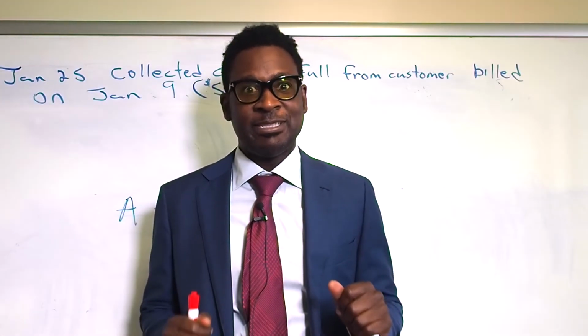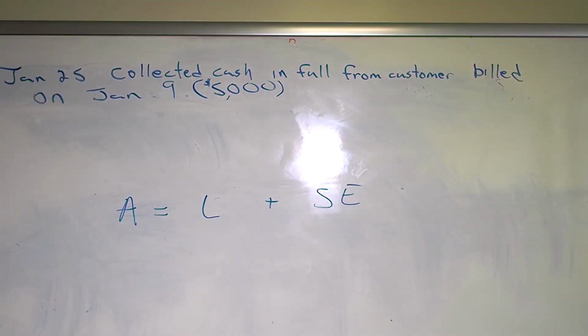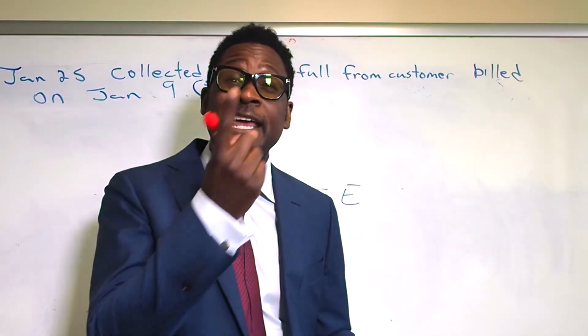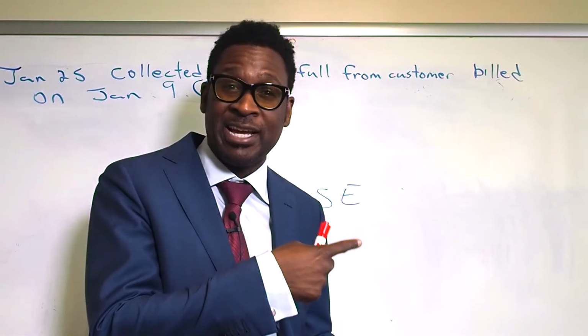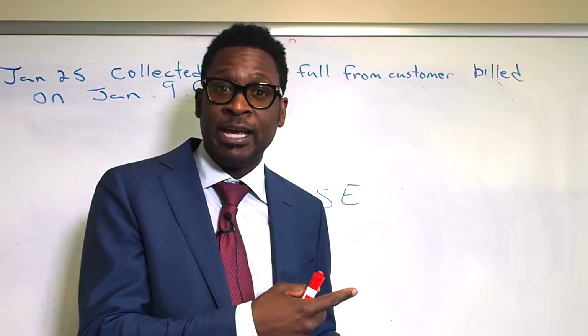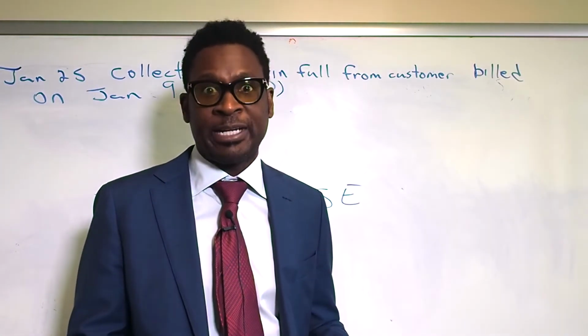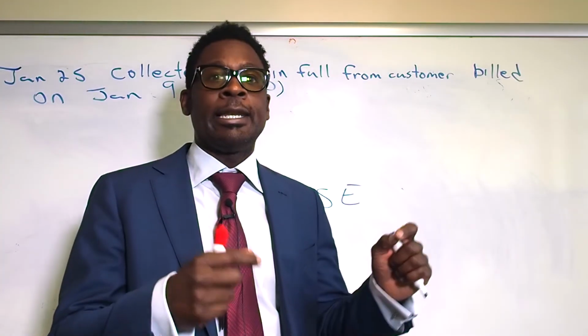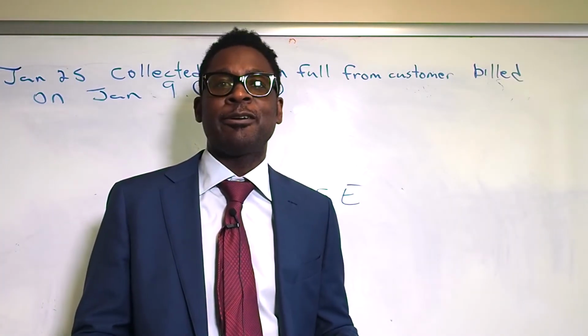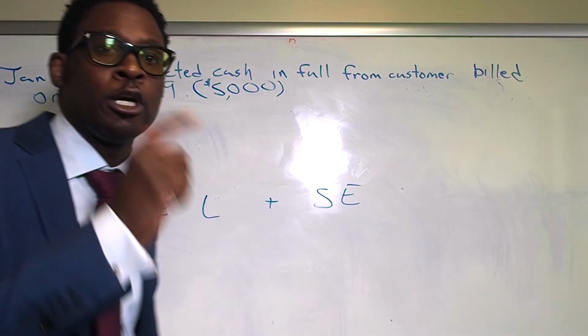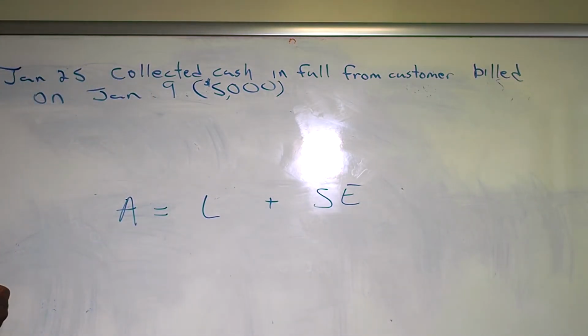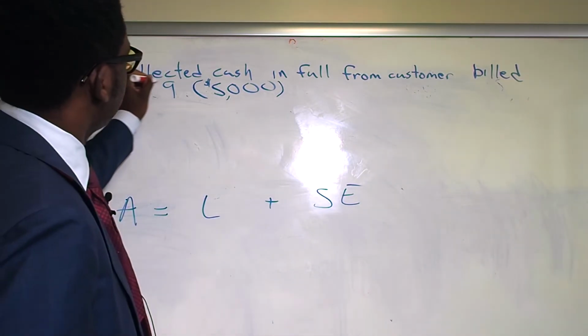Transaction number 7, January 25th. Collected cash in full from customer billed on January 9th, $5,000. All right, so basically what happened, gang, is we had a previous transaction on the 9th where we provided a service and we set up an accounts receivable for $5,000. Now it's the 25th of January and we're collecting from that customer. So what are the key words for this transaction? Collected cash